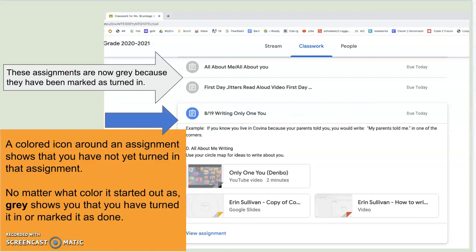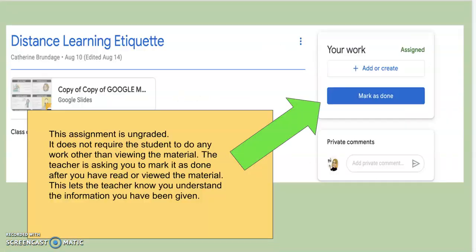You may have noticed that I've been using the terms marked as done and turned in. That's because of the way the assignments are given to your children. So I'm going to show you first what it means to mark an assignment or a piece of material as done. So here we see some material that was given to students in the formative assignment,